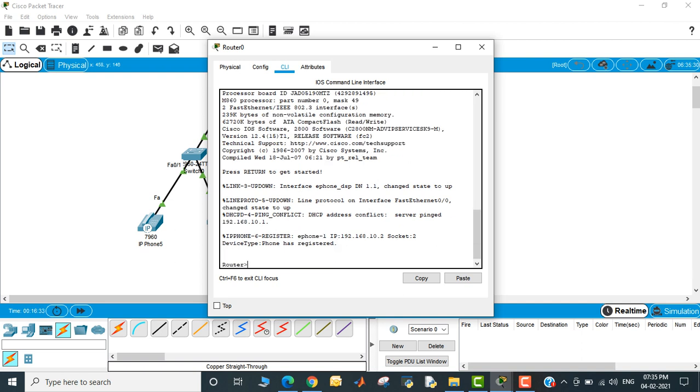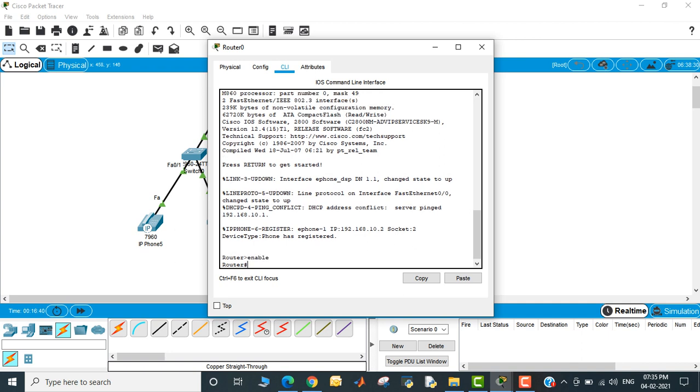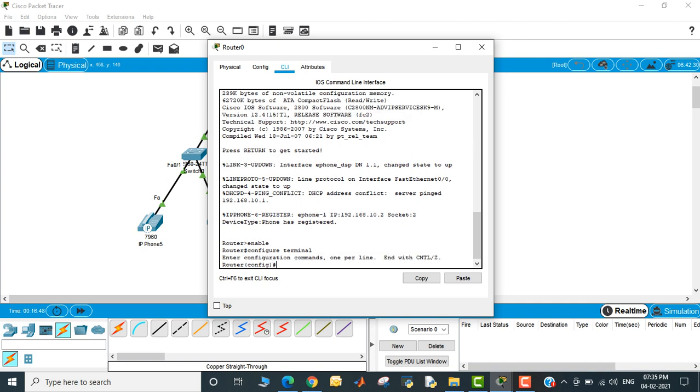Now for the router, take the second one. Okay, enable. Configure terminal. Okay, and we want ephone dn second.